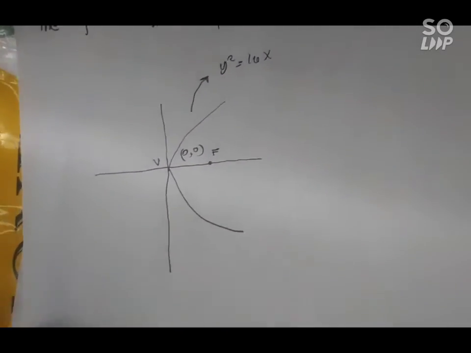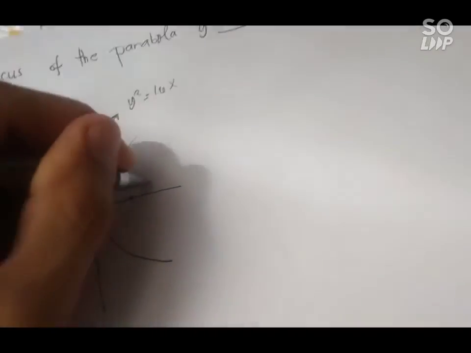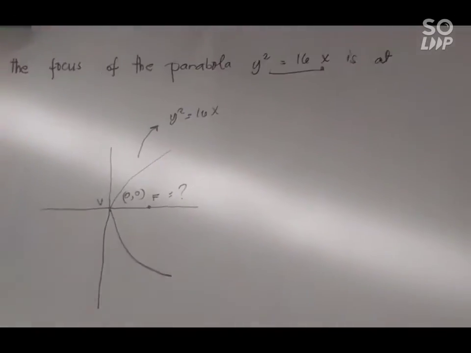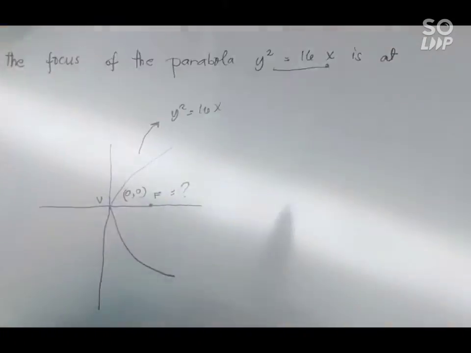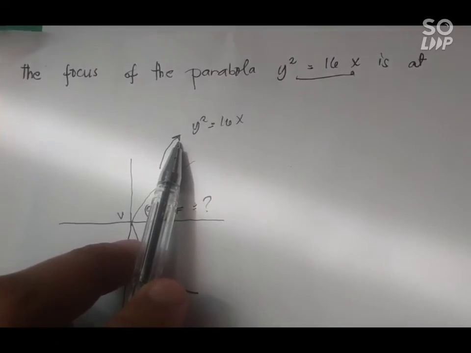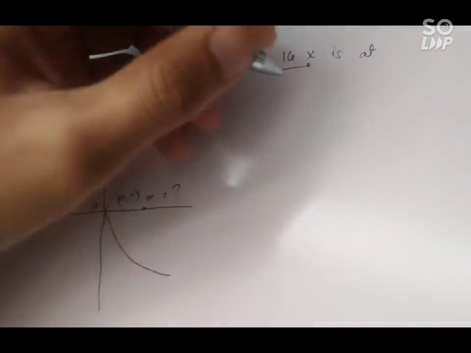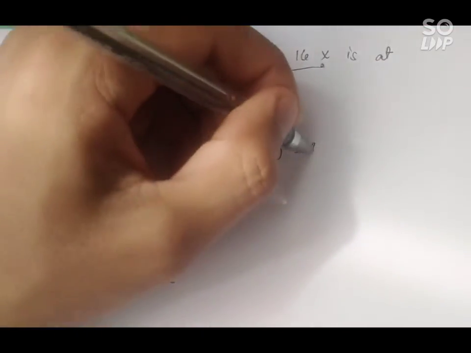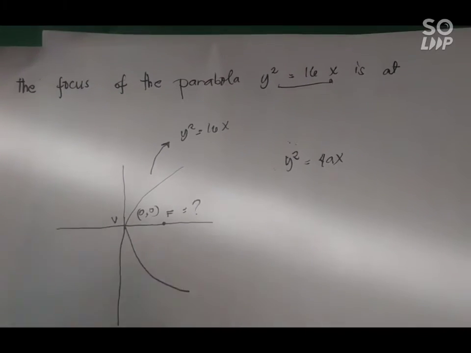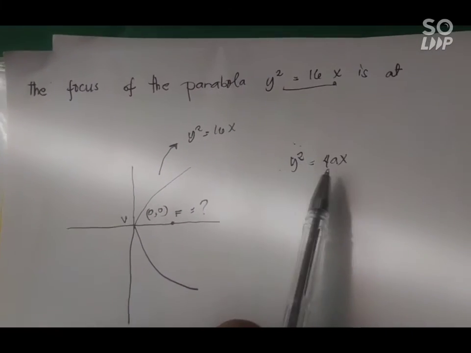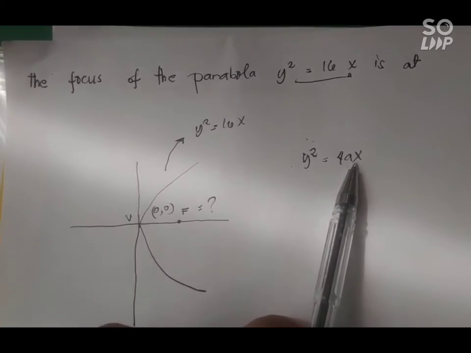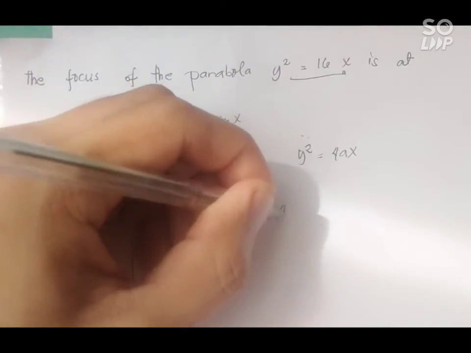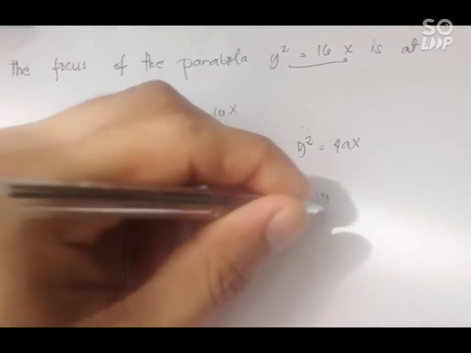So karon ang gipangita nato ang focus nato, so sa matigdan niya sa atong equation nga given, so ang sa standard equation y squared equals 4ax, so which is ang 16 di ay kung ato ikuan diri sa atong standard equation, ang 16 is equal to 4a, so ang 4a equals 16, so which is ang ato